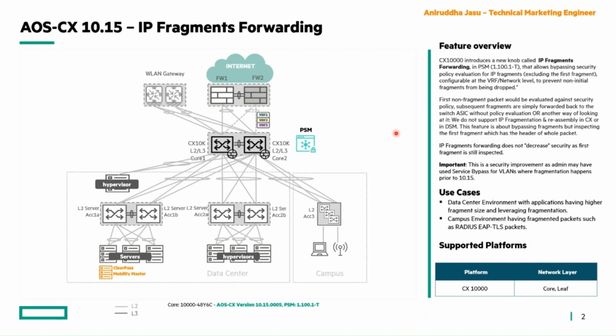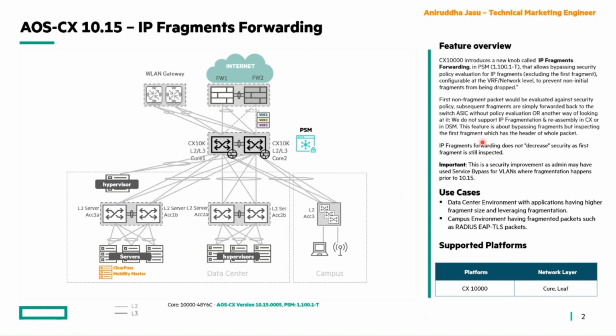Now, what exactly does it mean? Imagine there's a bunch of fragmented packets. The first non-fragment packet would be evaluated against the security policy which you have defined for that traffic. Subsequent fragments are simply forwarded back to the switch ASIC without policy evaluation. It doesn't matter what the policy is, the subsequent fragments would be forwarded back. Or another way of looking at it is we do not support IP fragmentation and reassembly in both CX and DSM. This feature is about bypassing the fragments, but inspecting the first fragment, which has the header of the entire